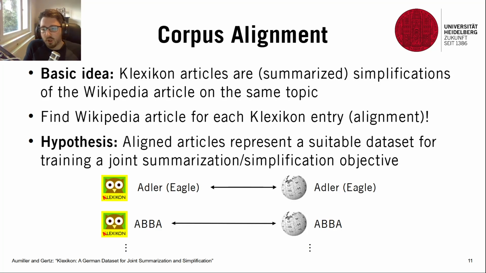In theory, this should all be very easy, where we have, for example, this article on eagles, as mentioned in the introduction, and we simply link it to the existing article on eagles on Wikipedia, and then we continue with the next article and so on. However, the reality of it is much less straightforward.